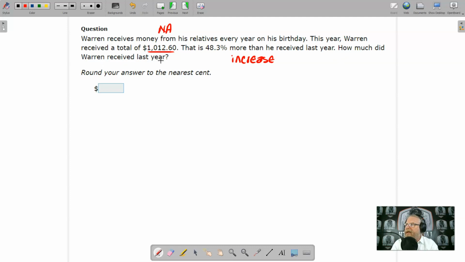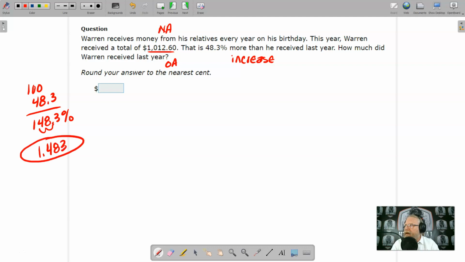And how much did he receive last year? So this is the original amount. Since it is an increase, we're going to take 100% and add the increase of 48.3% for 148.3%. We want this as a decimal. Move the decimal over 2 places. We're going to get